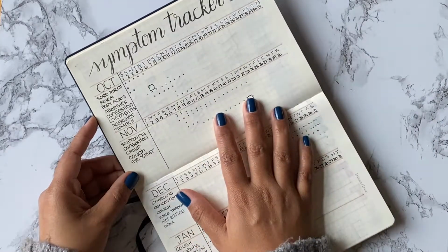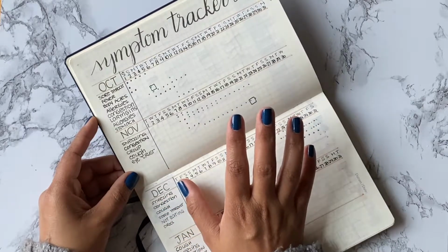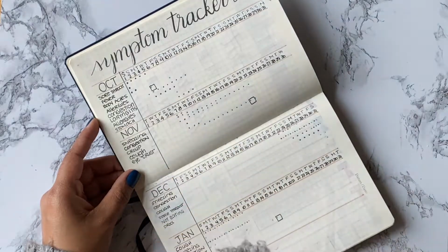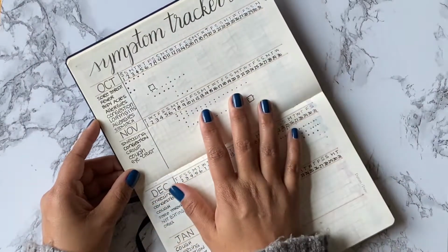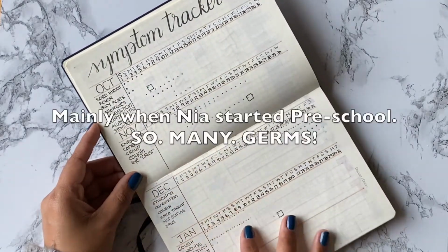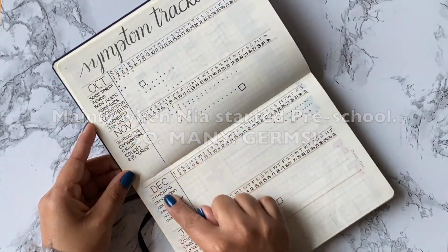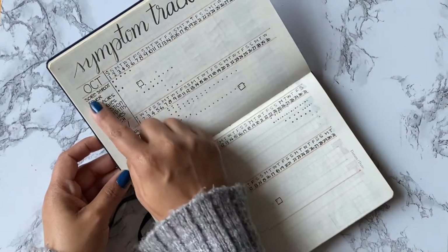I used to use this Symptom Tracker as one of my base monthly setups. These are spreads that I would be carrying over every single month. So when the kids were smaller, they're getting germs from everywhere, and I feel like we were constantly having to tell the pediatrician when did a symptom start. And so I started creating these symptom trackers, and I would just leave it blank and only write the symptoms